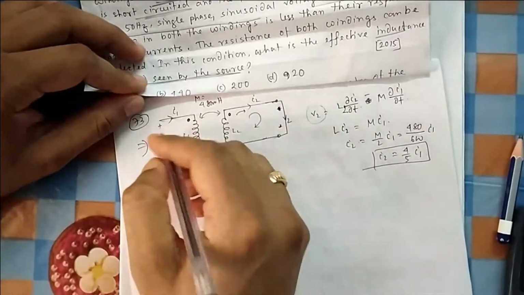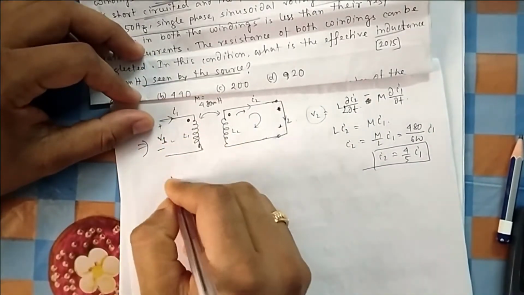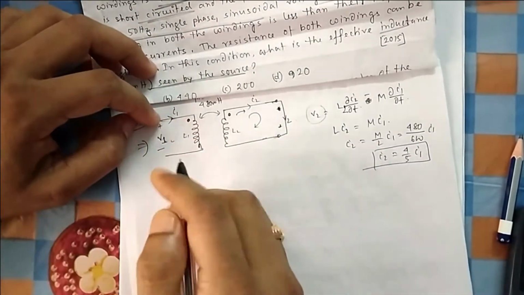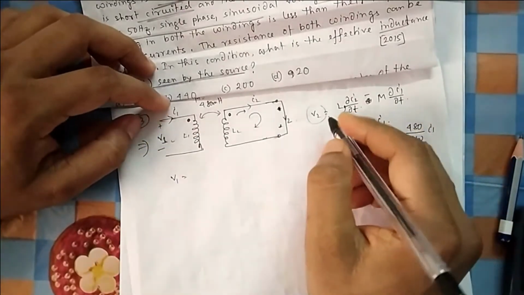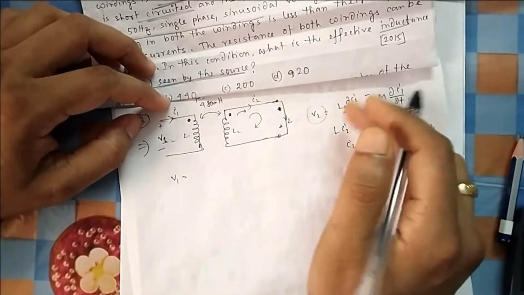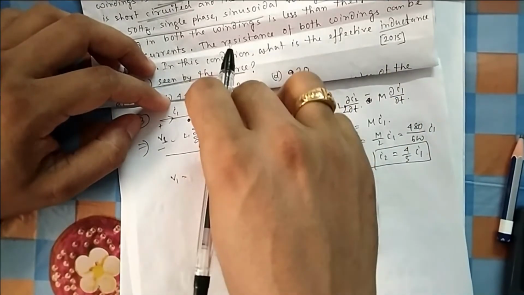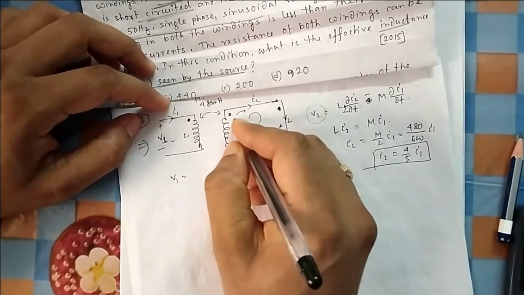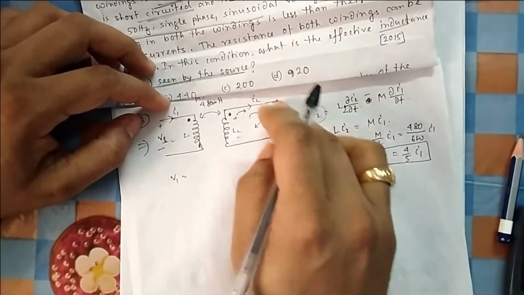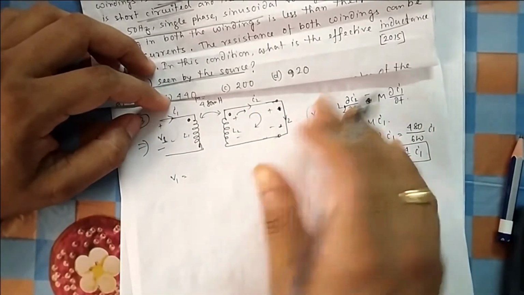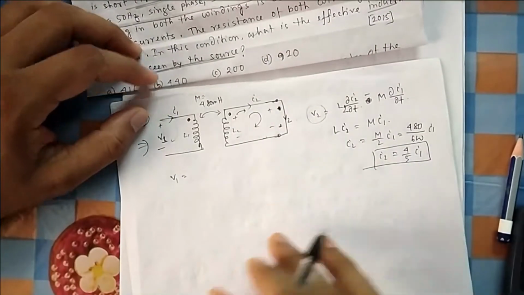So again you take KVL on this side. If I take KVL here, again V1 will be equal to this voltage. You can do it minus V1 is equal to, you can do it that side, you can go in either way. I am directly writing because this voltage will be this voltage. You can do KVL by using proper plus minus. Then you convert it, this is plus, this is minus. If you change that side, it will be positive. That's what I am doing.